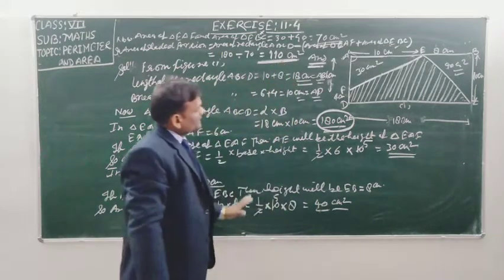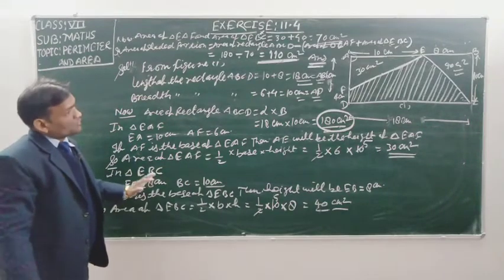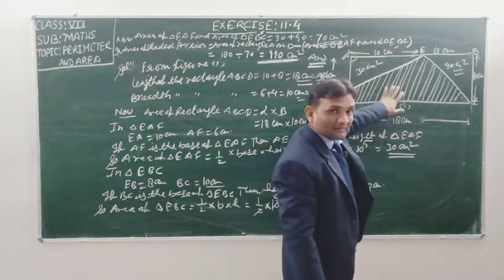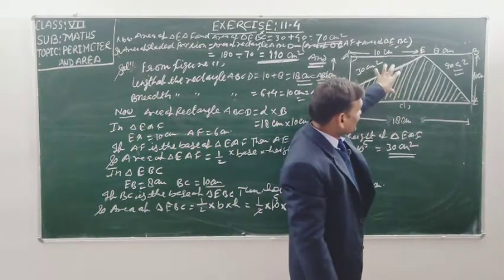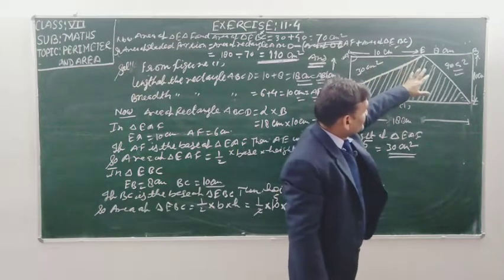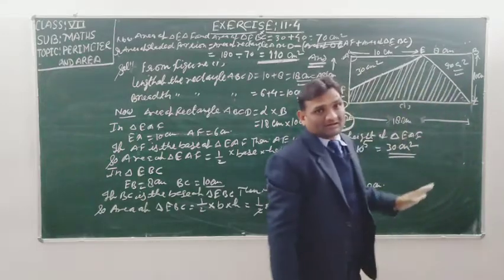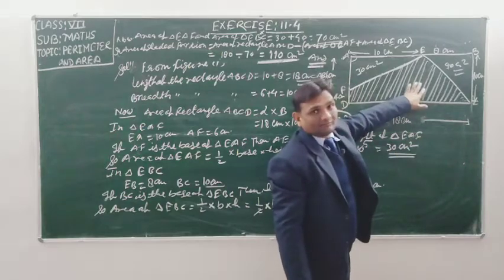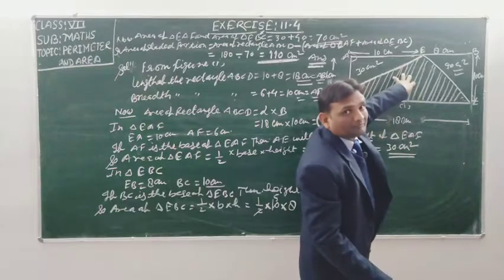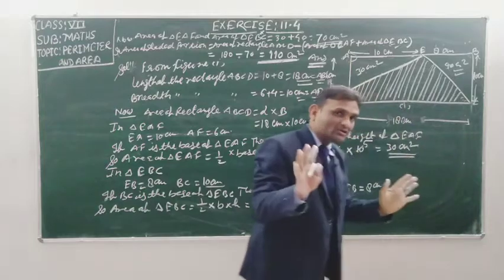So, student, I hope you have understood this question very well. Once more, I am going to revise it. Student, this is a figure of a rectangle, and inside the rectangle you are seeing that three figures are made. Two are triangles and one is a quadrilateral. And the quadrilateral is shaded. The question is asking me to find the area of the shaded portion. So how can we find out the area of the shaded portion? Firstly, think in your mind.